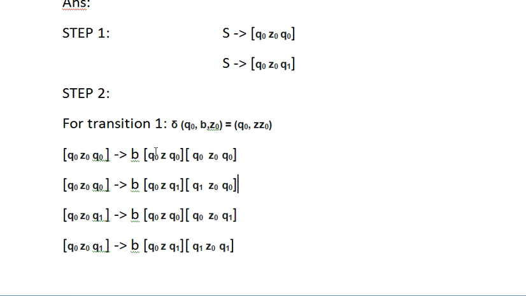Now these will remain as it is. The first 2 positions will remain as it is. B will remain as it is. Q naught will remain as it is. Q naught is nothing but the state that we have got into the next particular position, right? Z will remain as it is. Z naught will remain as it is. Now here you have to give like this. Suppose we are having 2 states, Q naught and Q1. So 2 times Q naught, 2 times Q1. Clear? So whatever you have brought over here in this position, it will reflect here as well.